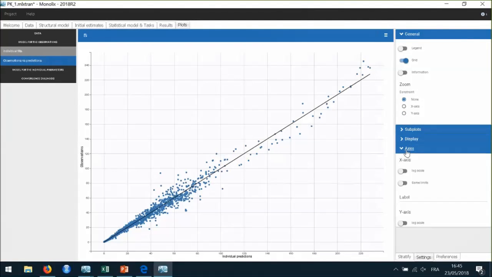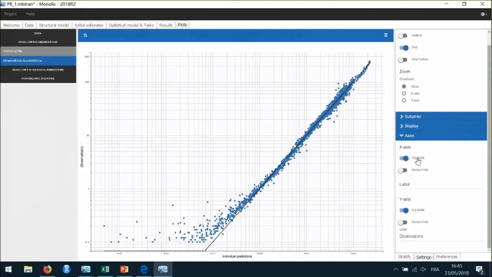On this plot, I can choose a log scale to focus on the low observations. I can see that the points for low concentrations confirm the misspecification. And if I hover on some outlier points, I see that they all correspond to long time. So this is coherent with what I have seen in the individual fits.